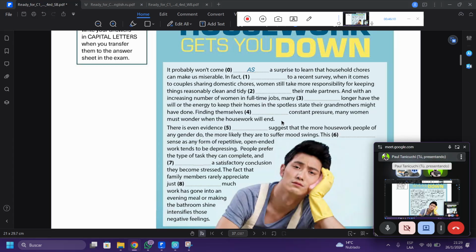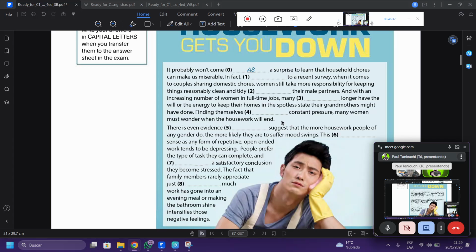Read it again, please. People prefer the type of task that they are able to complete, and without a satisfactory conclusion, they become stressed.